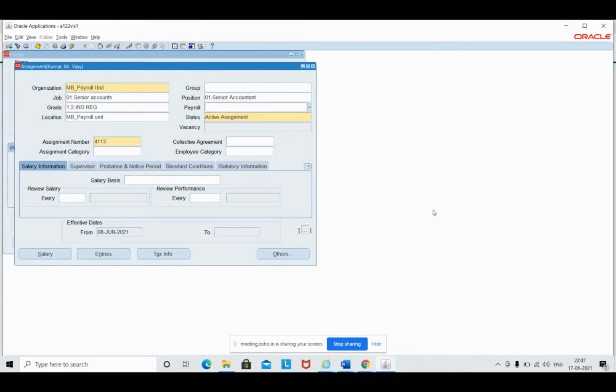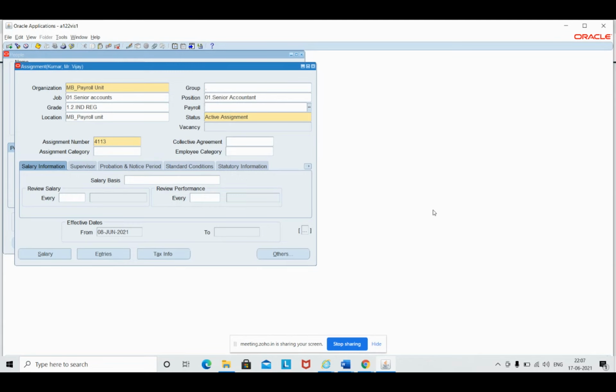Okay, sir. Sir, can I create a new GL, general ledger? Yeah, you can create. But finance only creates the GL, no? Yes, correct. Okay, sir.